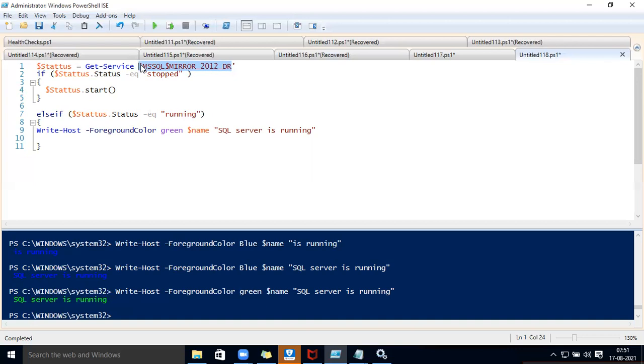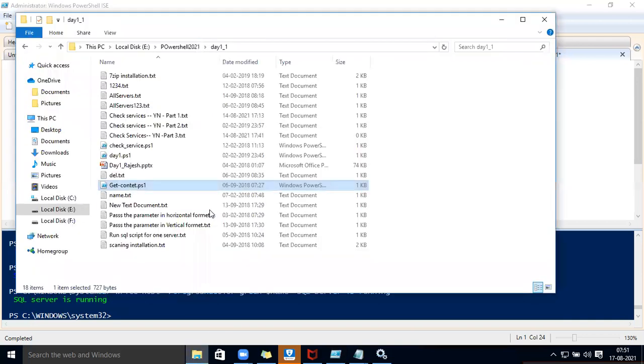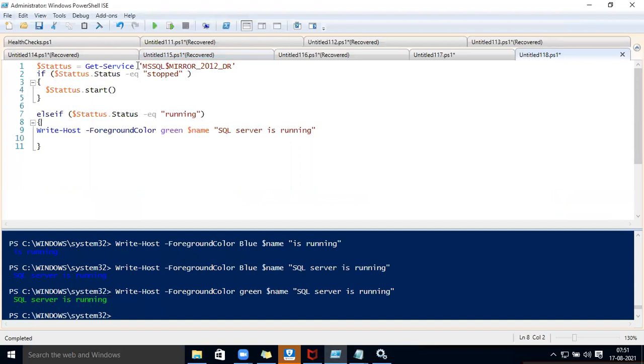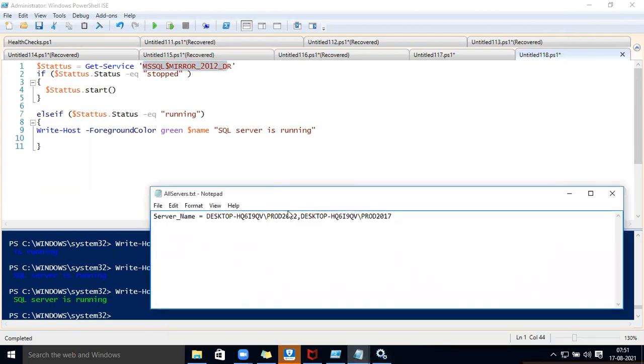Second thing, if we have, say, 200 server names, we are going to put the 200 server names into a notepad file. Just an example, like you can see the scanning here, whether it is there or not. We have given one server, two servers, just as an example, like that 10 servers we will give. And this we will also make as a variable, and this variable value will be taken by this one. Got it? It will take the value, go, and start the service if it is stopped. Then second, it will go for this one. That will come under the for loop, right?